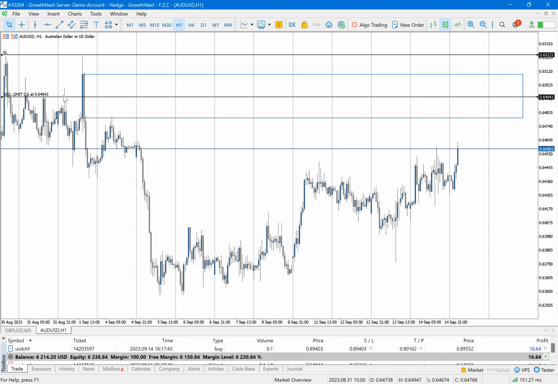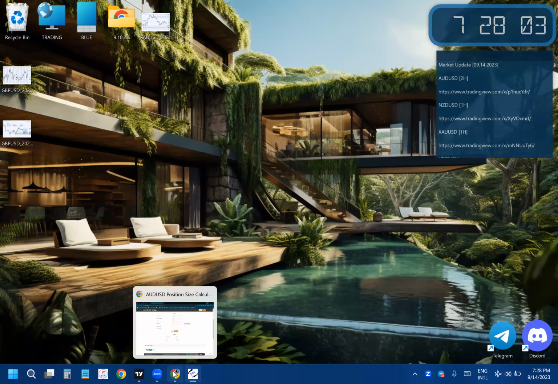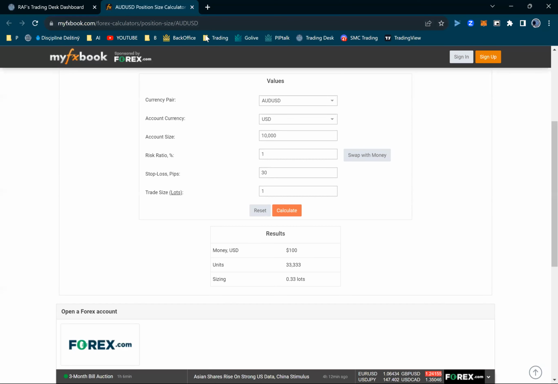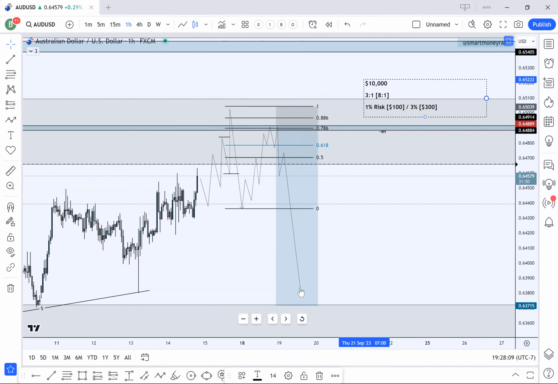You always want to make sure that your limit and your stop loss are lining up with the levels you set. So in this case, whenever the market goes up into this area and then starts to go in our favor, then we're going to be in profit. Let's look at what the target looks like. The target in this case is around a 117